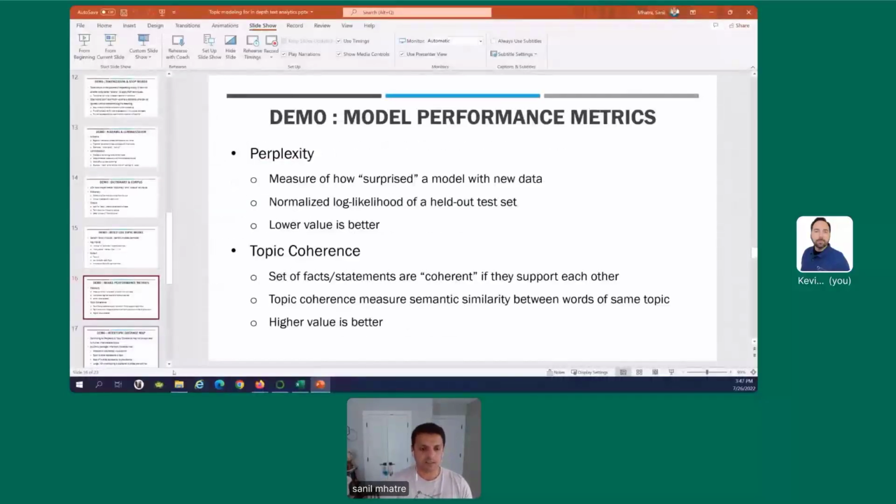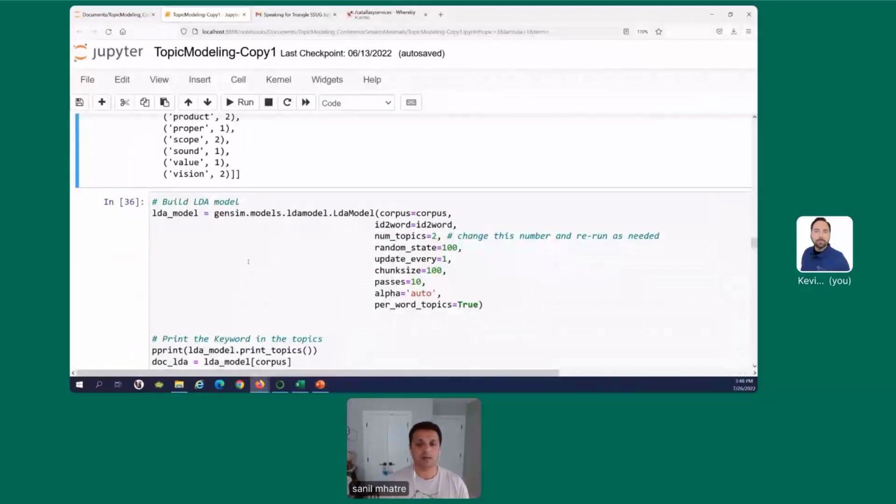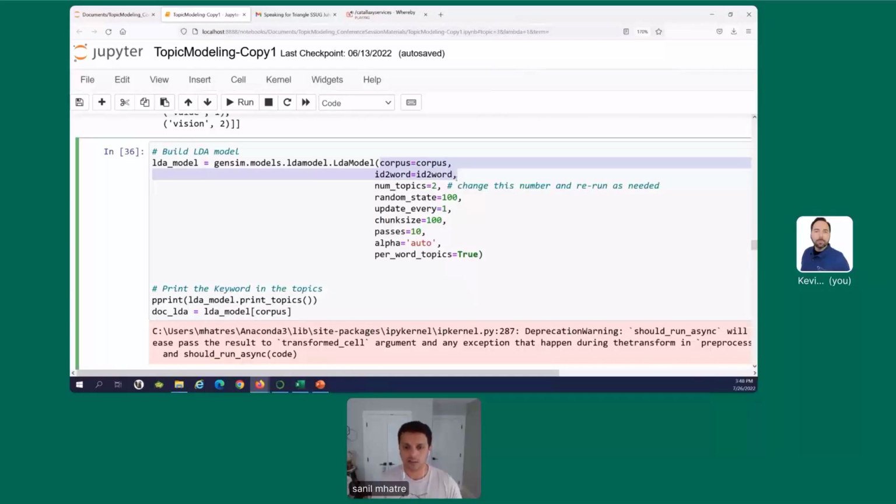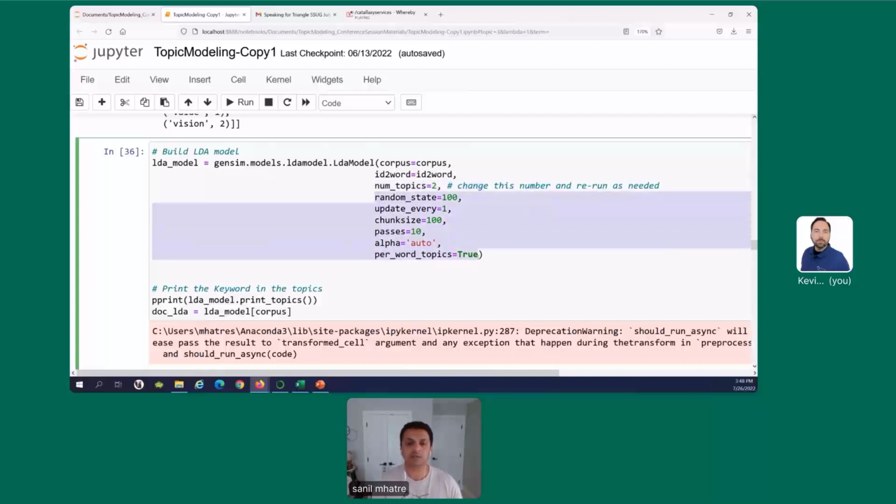So let's run our code to build our LDA model. We're going to provide the two inputs that we talked about, corpus and dictionary, and then the num topics parameter. And the remaining input parameters, I'm just going to leave default.